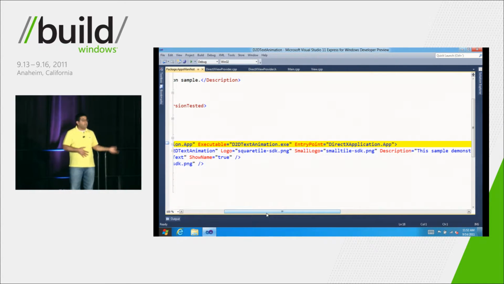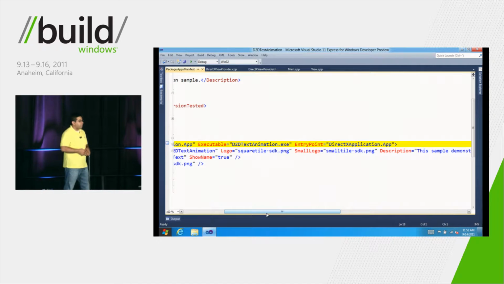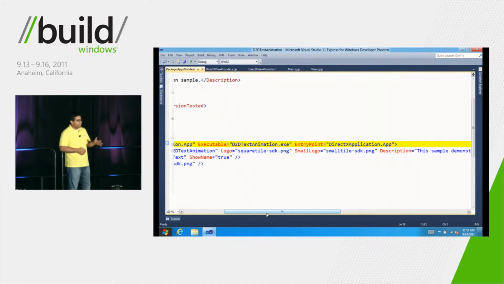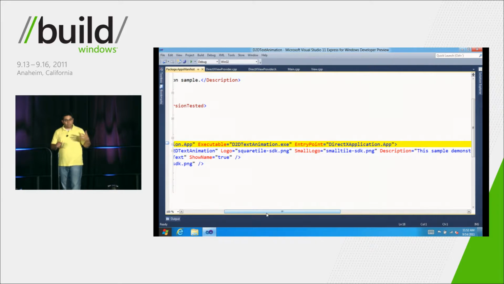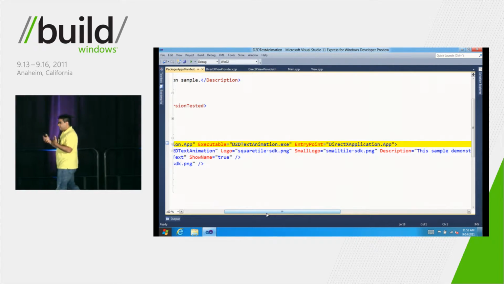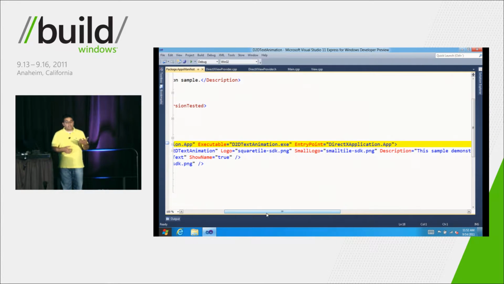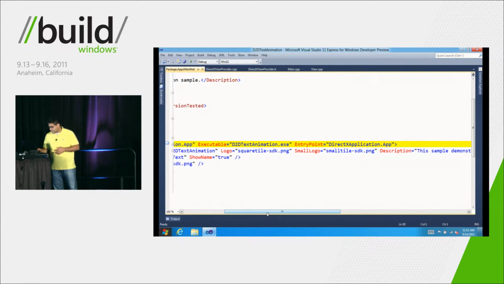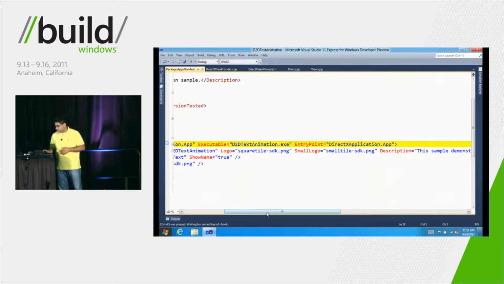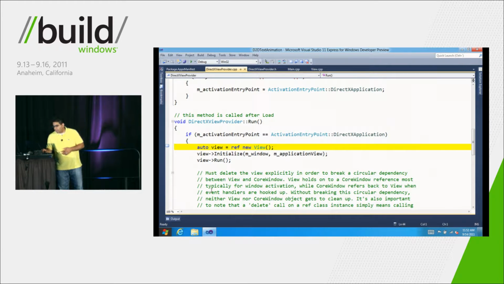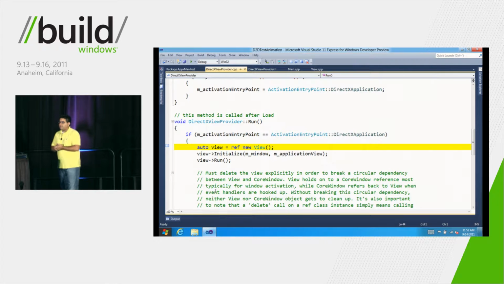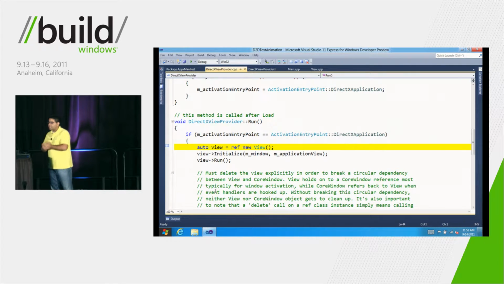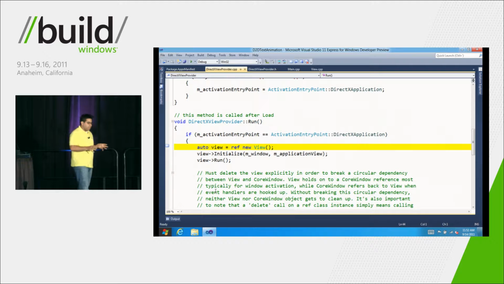If you get started by the search charm, or if your view gets created in the full view rather with another app snapped next to it, you might get a different way of creating the app, and so that's why we have multiple entry points here. So then once it's been loaded, then we call run. And so what run does is it creates a view object, and a view object is actually something that's